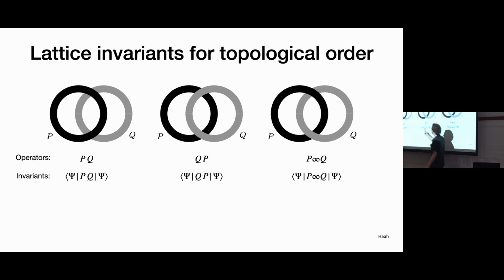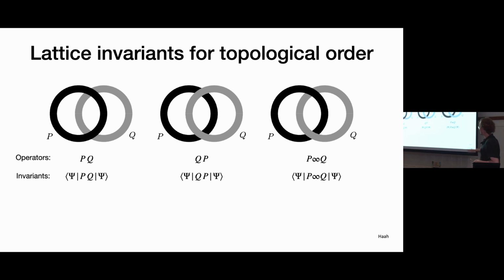These two turn out to be sort of trivial because it's just hitting your ground state with something that stabilizes it. The operators we're considering are ones that preserve the ground space. But this one doesn't have to be trivial because it's never getting hit by a full operator that preserves the ground space. It's only going to get hit by like half of it at once. And what Ha proposed was basically to use this piece as a lattice version of this kind of braiding invariant in the topological field theory.